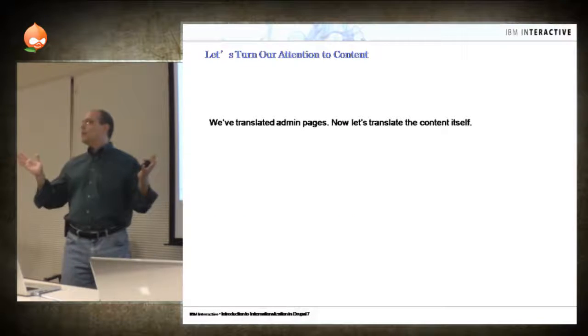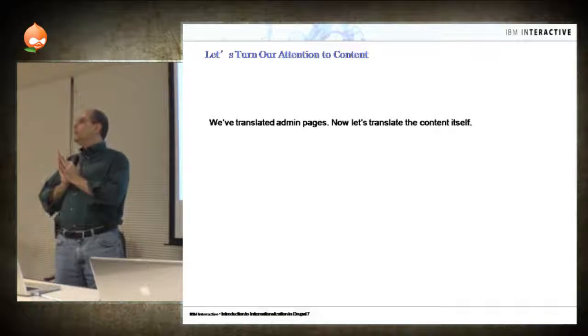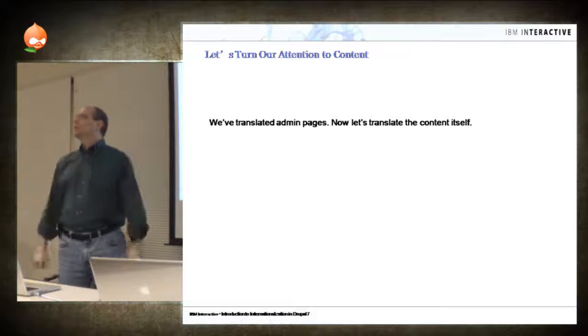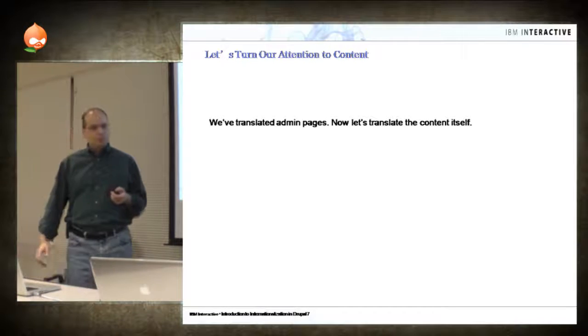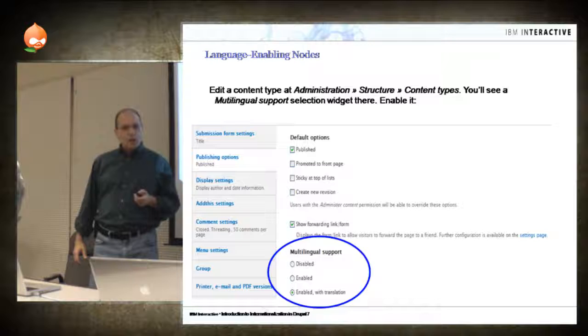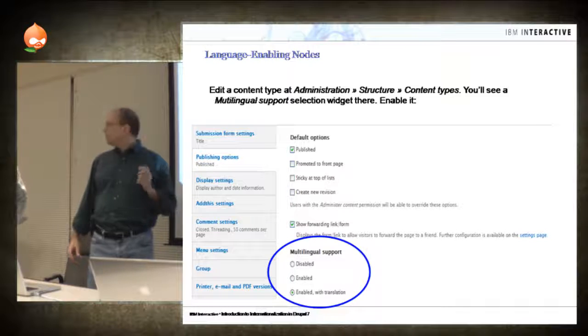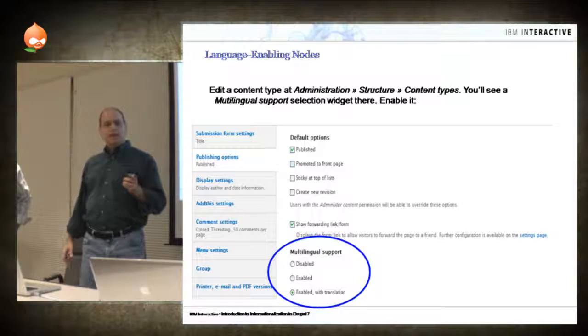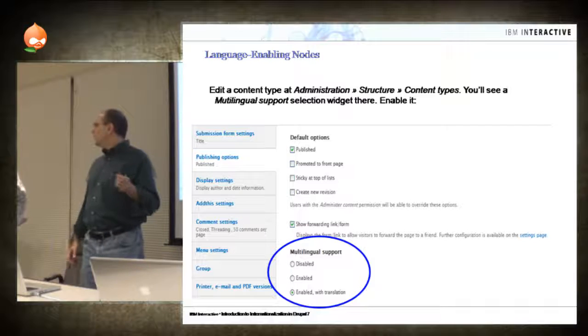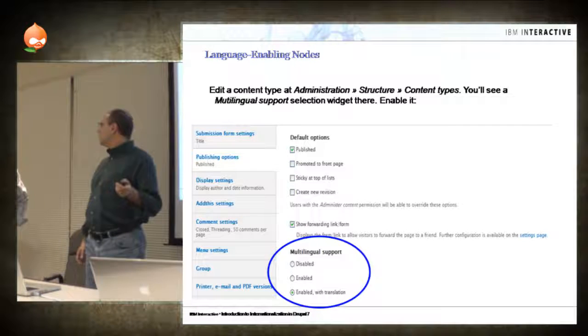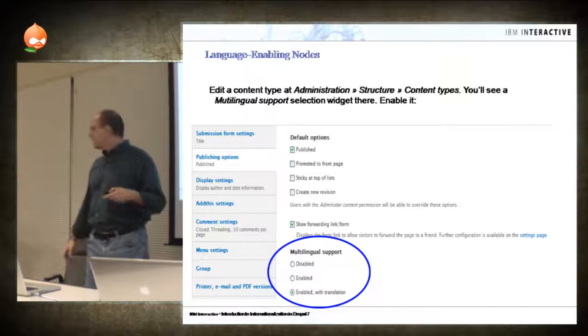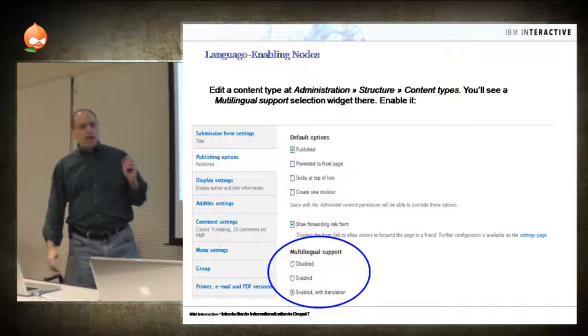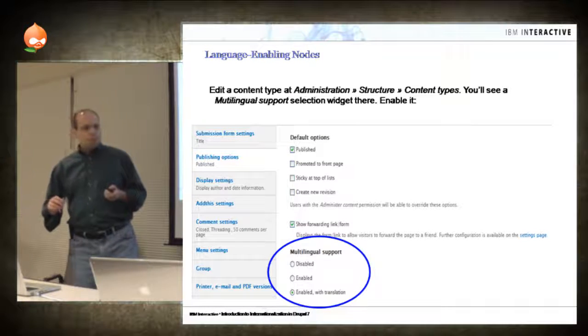All right, good segue. We've translated the UI. Part 2, let's translate content. Okay. You can go ahead with this if you want. Yeah, do these, and then I think I have like 3 or 4 more. Okay. Yeah. Okay, so